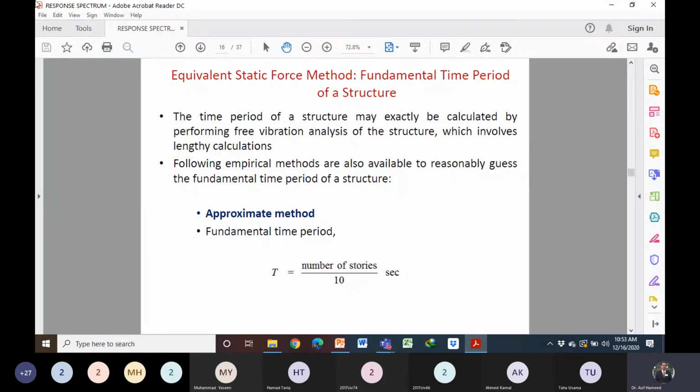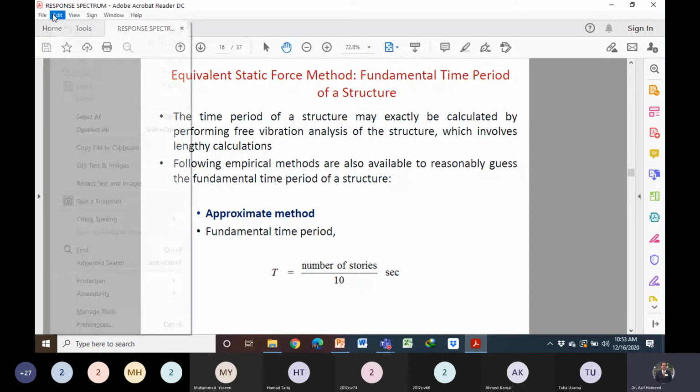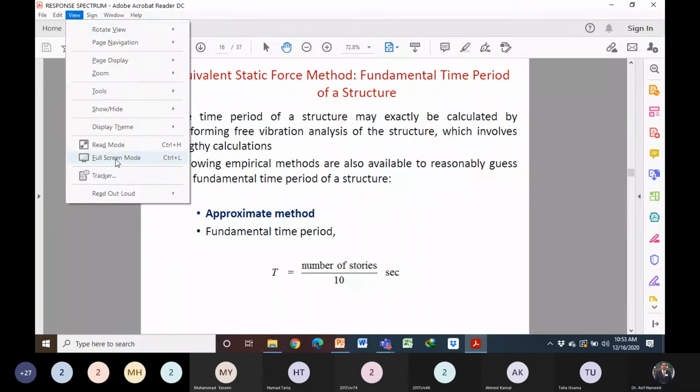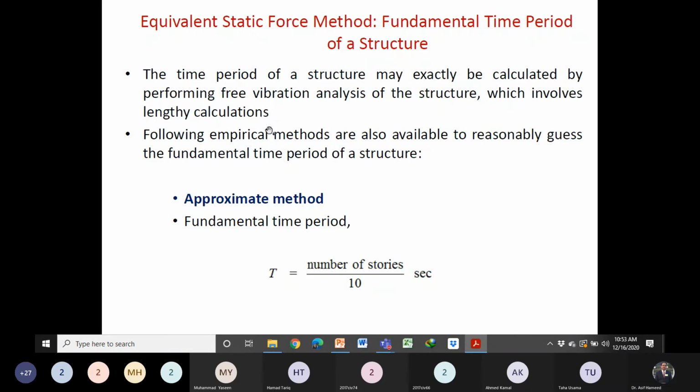Okay. How can we calculate the time period? Any student? What is the procedure to calculate the time period? Sir, first we calculate the natural frequency and then T is equal to 2 pi over omega. You're right. If it is a single degree freedom system, omega is square root of K over M, यही होता है. Sorry, we can find out the omega value and then 2 pi over omega n. That is the time period. इसी तरह करते हैं ना for the single degree freedom system.